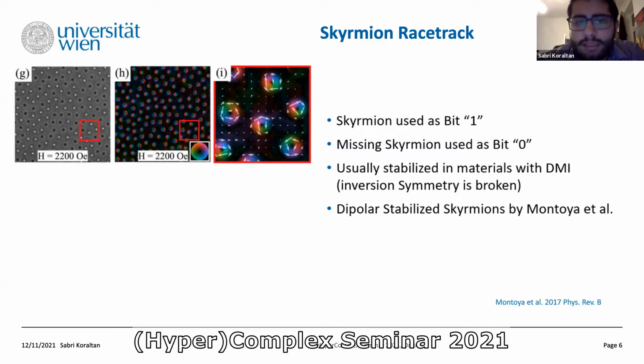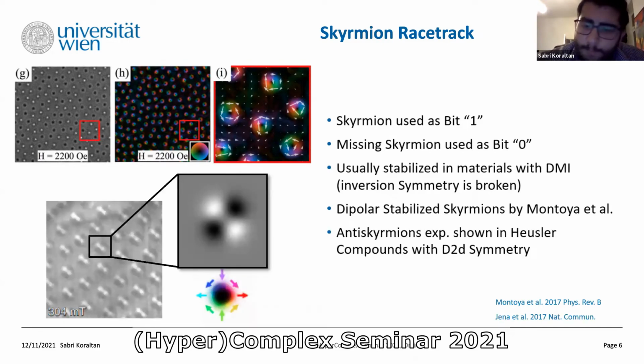And they achieved a new range where skyrmions, but most importantly Bloch skyrmions, were stable, and one had both clockwise and counterclockwise skyrmions, all solely dipolar stabilized. In the same year, Jena et al. experimentally demonstrated the existence of antiskyrmions, so the experimental proof that they exist in Heusler compounds with D2d symmetry, which is again a different type of